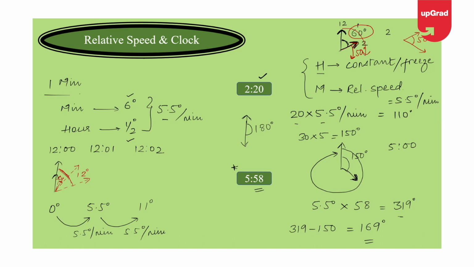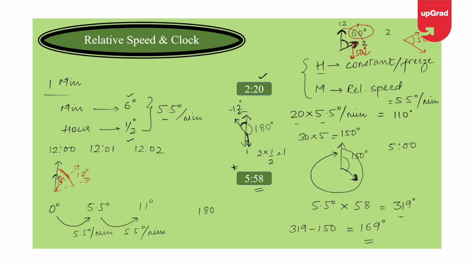Now we are talking about 2 minutes ago, which means my minute hand would be, I know that the minute hand travels 6 degrees per minute. So 2 minutes ago, again I'm zooming it, my needle, that is the minute hand, would be 12 degrees apart. And likewise, my hour hand would be, because in 2 minutes it will travel 2 multiplied by half, which will be 1, so 1 degree apart. So the initial angle was 180.